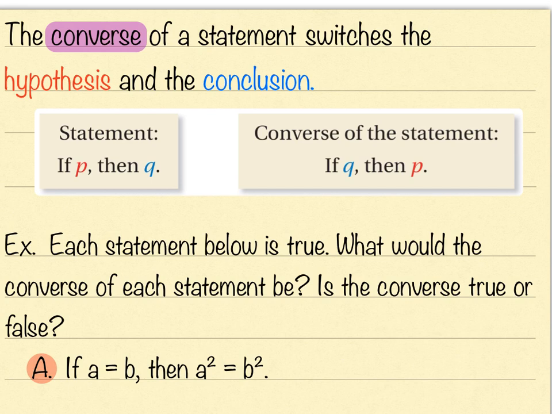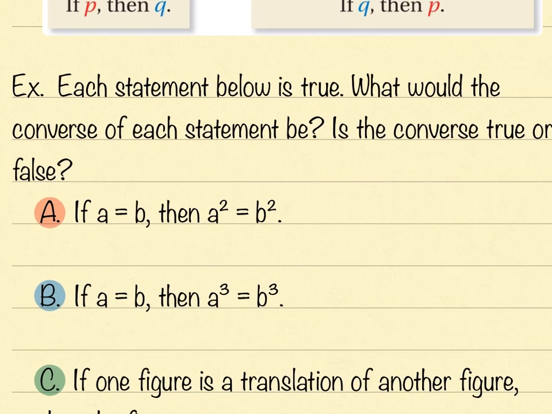So the first thing we can do is reverse the statement around, and this is called the converse. The converse of a statement switches the hypothesis and the conclusion. So if P then Q becomes if Q then P. We're going to look at a few different statements and see if we can write the converse of each and see if it's true, because not every statement is true when you reverse it around. So the first one here says, if A equals B, then A squared equals B